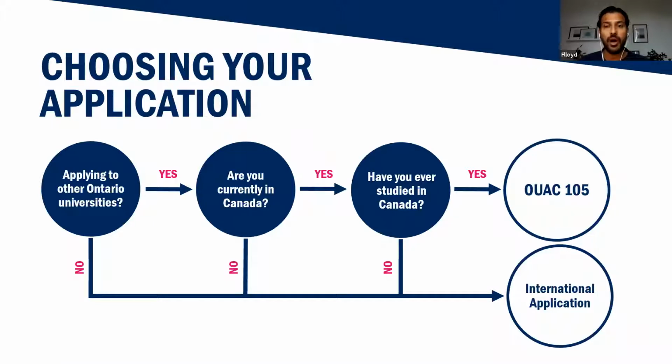So this one just gives you the option to apply directly to U of T. It saves you a few dollars in the application. There's no benefit to doing one over the other if you were a student that qualifies for the U of T direct application. All it is doing is saving you a few dollars compared to the 105 application. The system looks almost exactly the same. It's just, again, for folks that are not interested in any other universities in Canada, are currently not in Canada, and have never studied in Canada before. So that would be the direct international application.